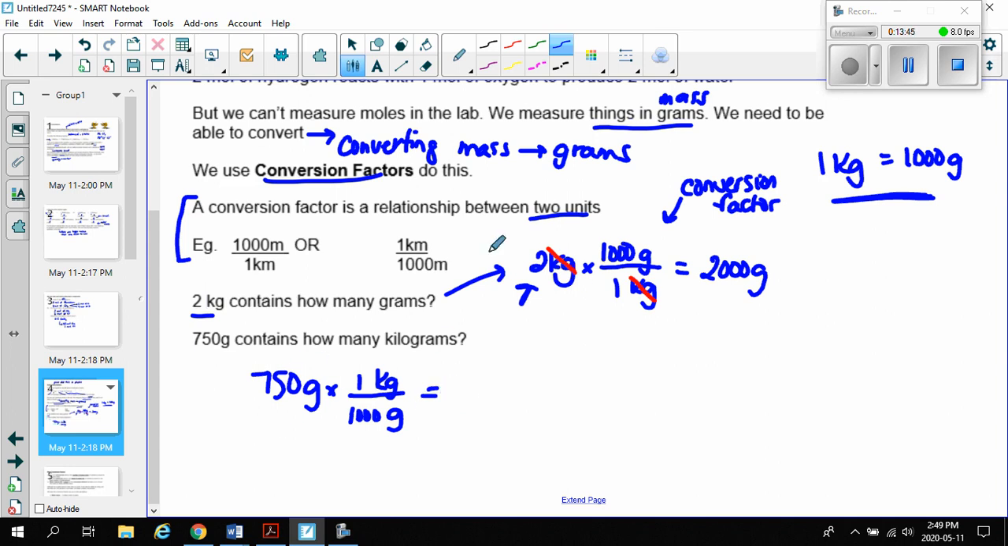So in your calculator, grams on top cancels with grams on the bottom. You're going to put in 750 multiplied by 1 divided by 1,000, or just 750 divided by 1,000 gets you 0.75 kilograms. So not a full kilogram, 750 is less than 1,000, so it's a fraction of a kilogram, 0.75 kilograms. So hopefully that's a bit of a review on conversion factors,